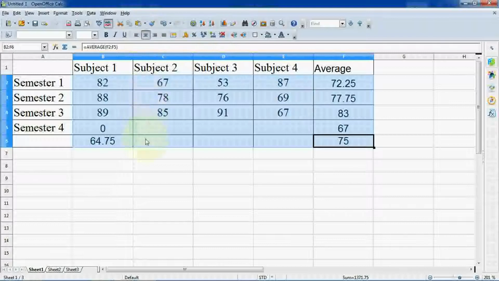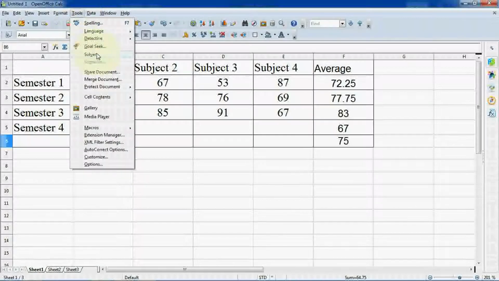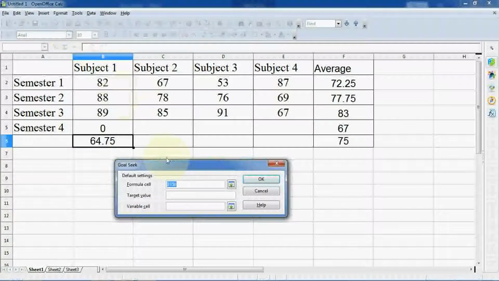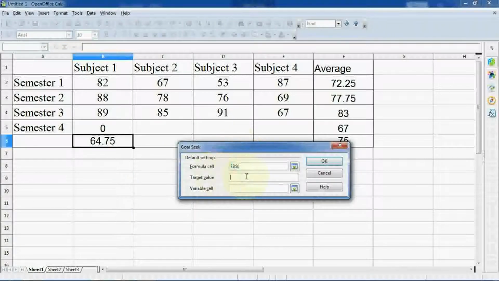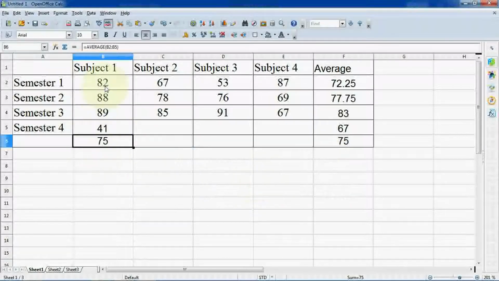Now here it is coming 64.75. So similar way, go to Tools and Goal Seek. Now here target value, that is 75, variable cell, this one, okay. So here it is showing the exact value, which value is required to achieve 75% in subject 1.